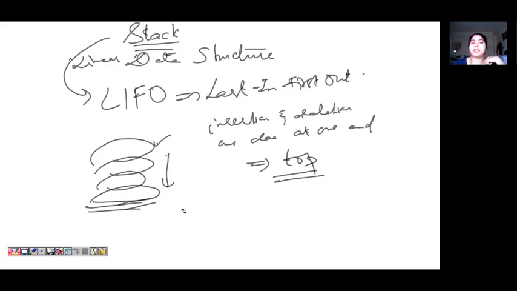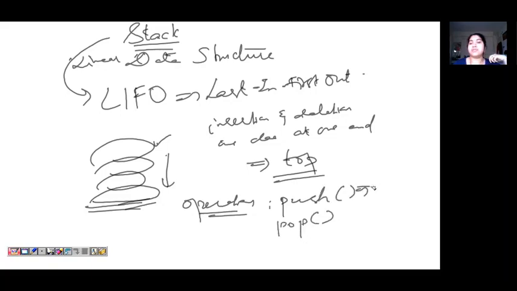The different operations present in stack are push and pop. Push is used for insertion and pop is used for deletion. So let's see how we can implement this push mechanism and pop mechanism in stack.